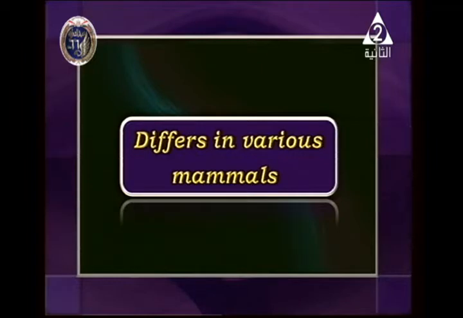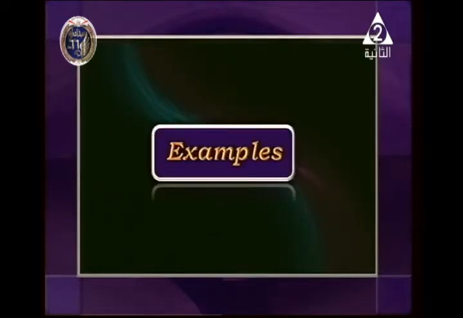It also differs in the various mammals. We have some information on the formation of ova or the menstrual cycle in different mammals. Let's figure it out. For example,